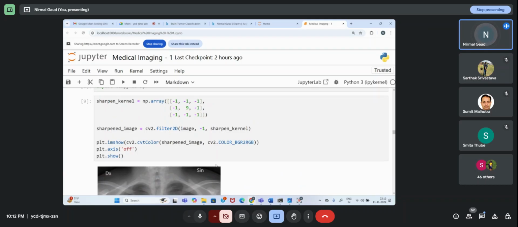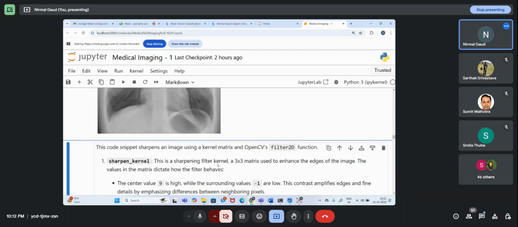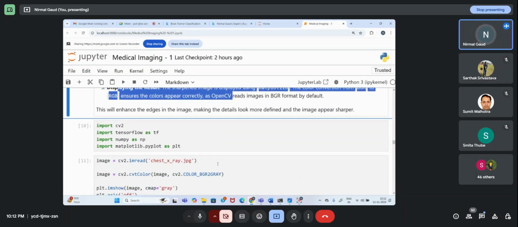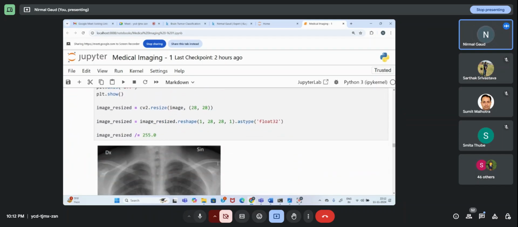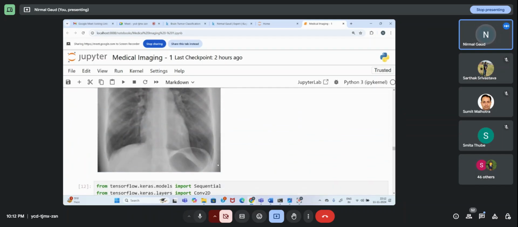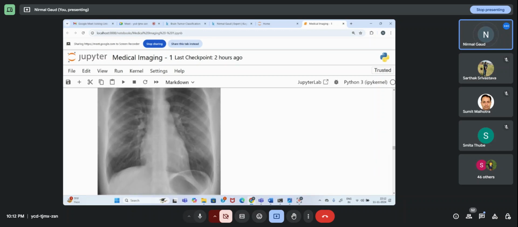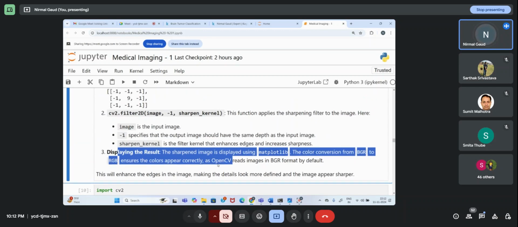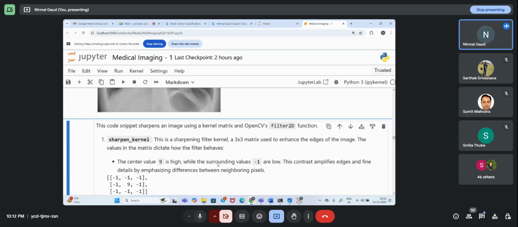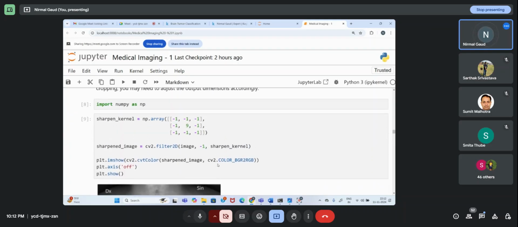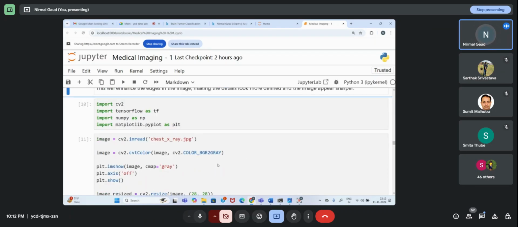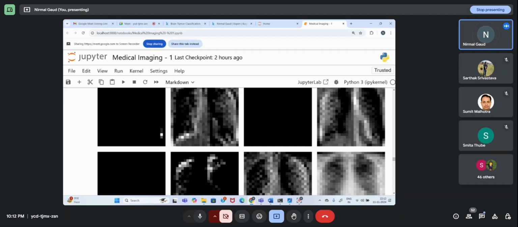It's not that we directly jump onto the project and explain, because then everything will be off. These are the basics. Resize also, I have shown you all these. These are some basic codes which I need to show you.